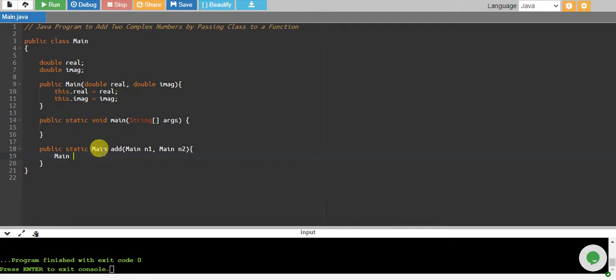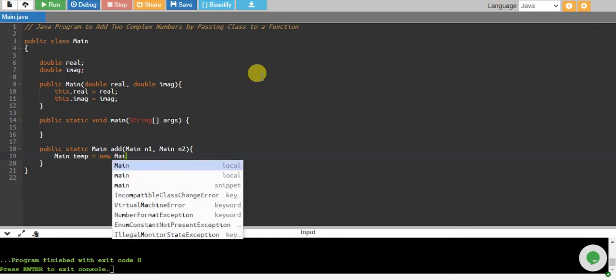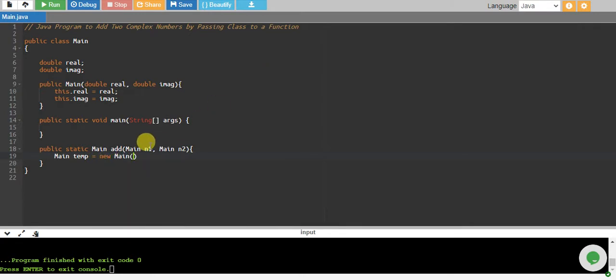Inside this function, because we want to return an object of our main class, we will create a main object, which is to say, let's say we have temp equals to new main, and inside main, its constructor basically takes two numbers. So for now we just give zero values. Okay, and we say temp dot real equals to n1 dot real plus n2 dot real.